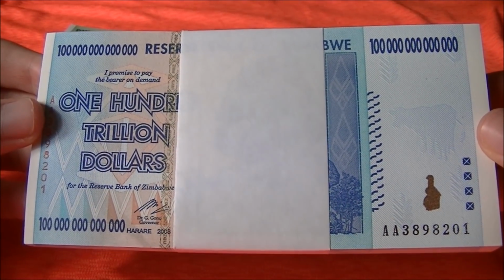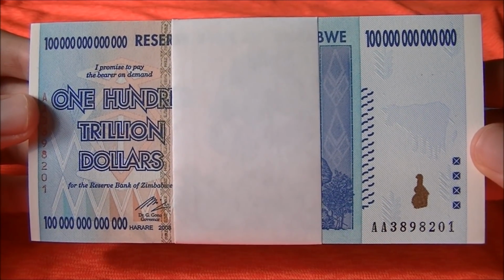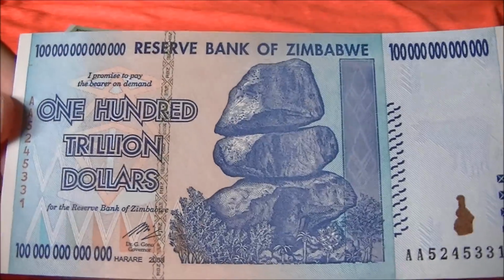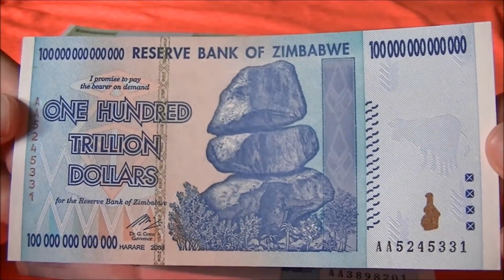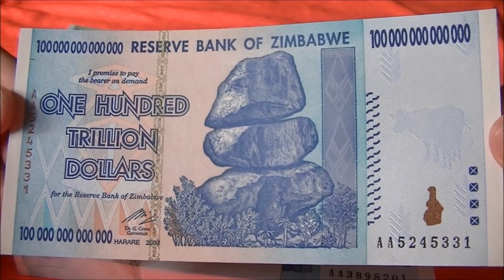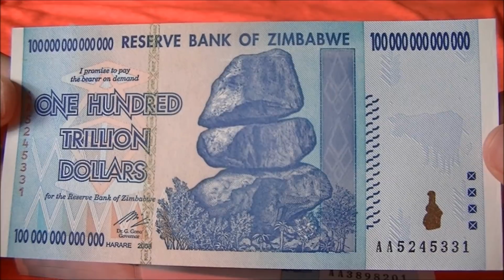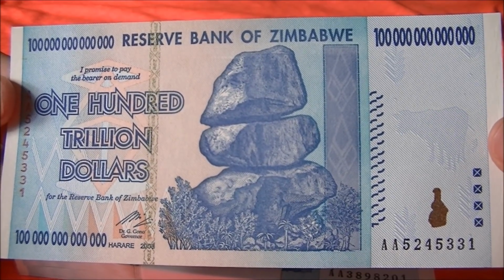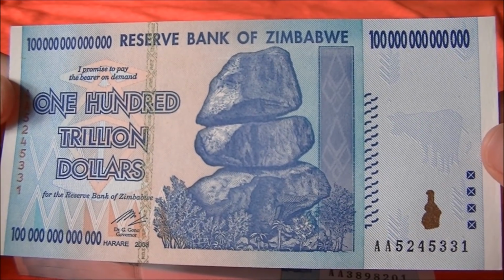In 2008, Zimbabwe's currency reached the peak of inflation and it became pretty much worthless, and they started printing banknotes as high as $100 trillion. Yes, that's correct. If this was in USD, this one single note could pay off the United States' entire debt. But unfortunately, this has no monetary value, and when it was recalled officially, it was only in